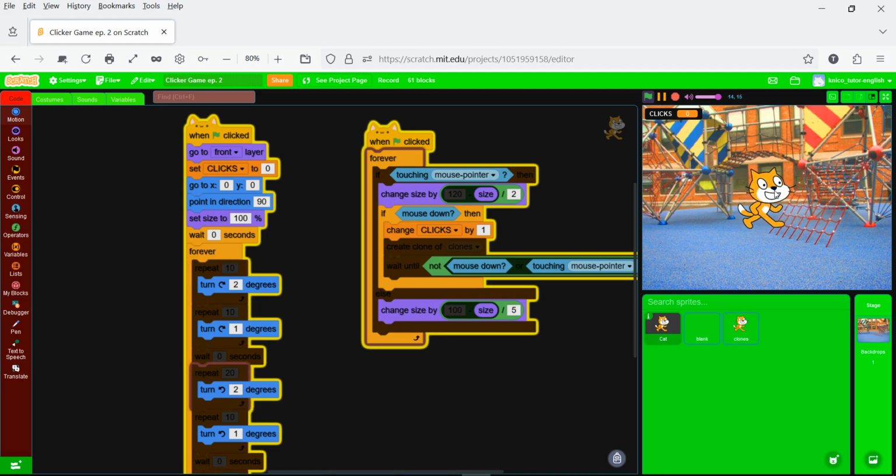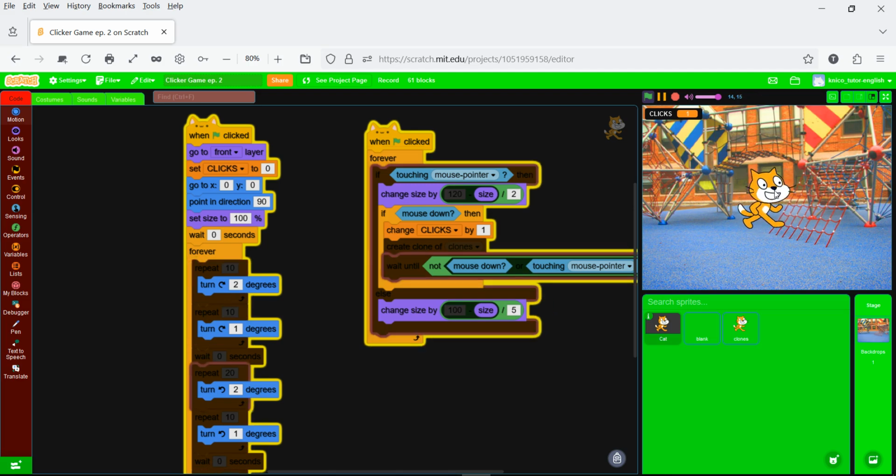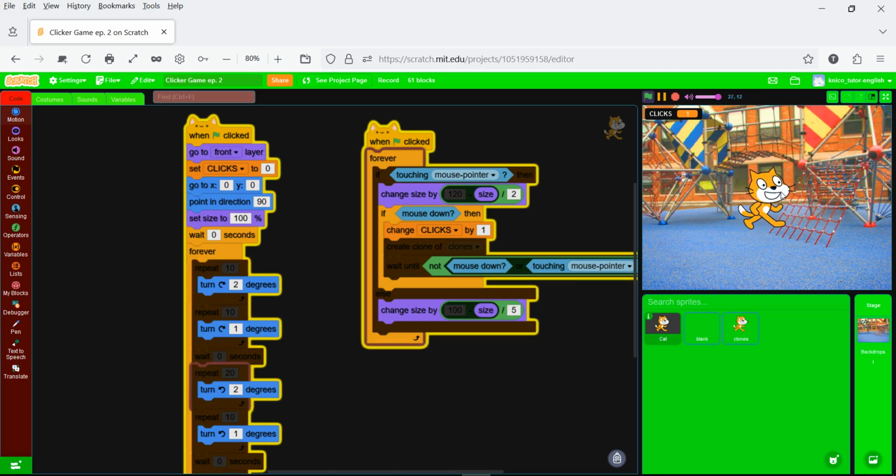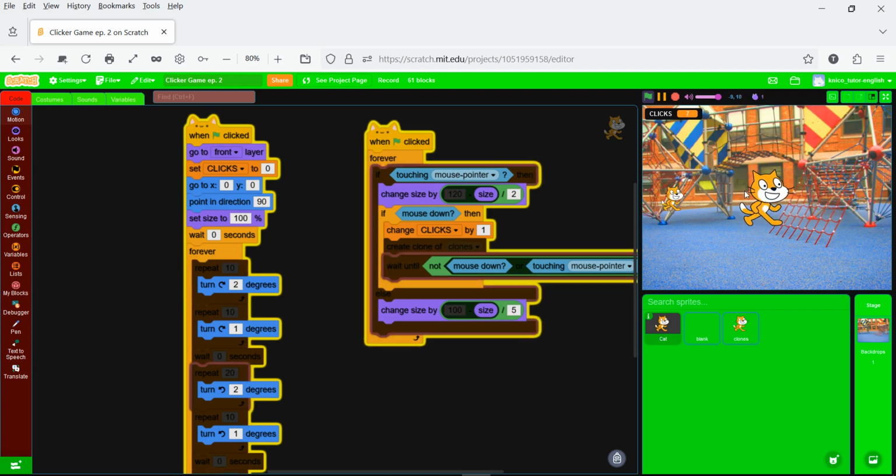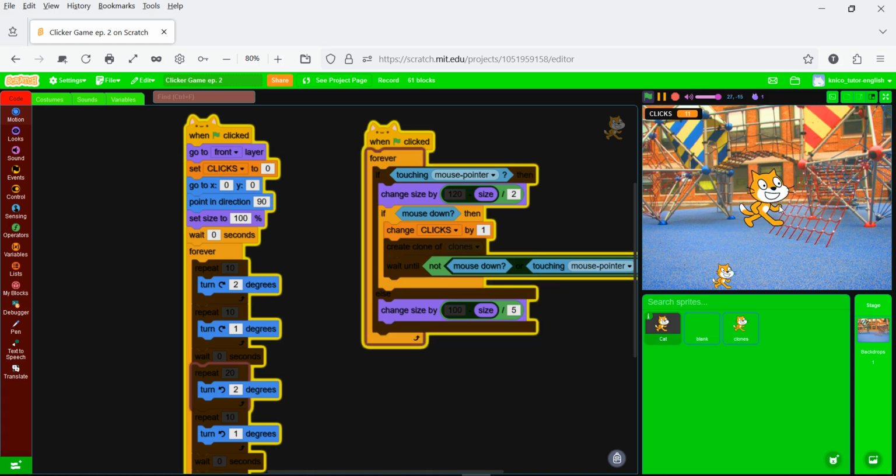And then when we clicked here, there is a clone appearing here, falling down, and then the